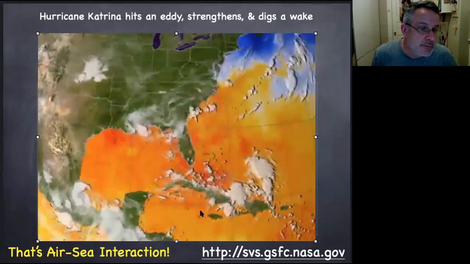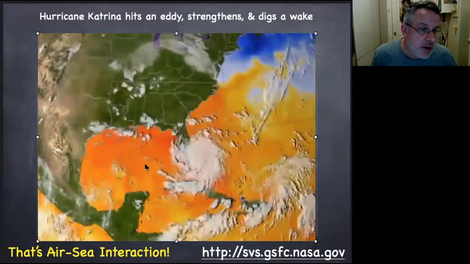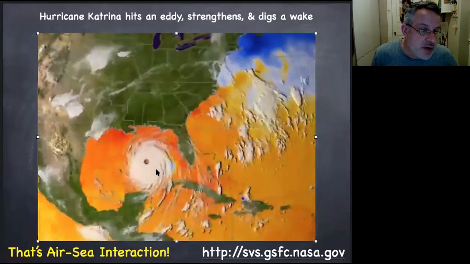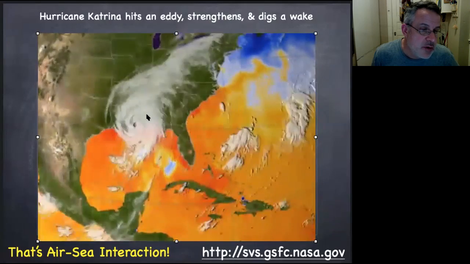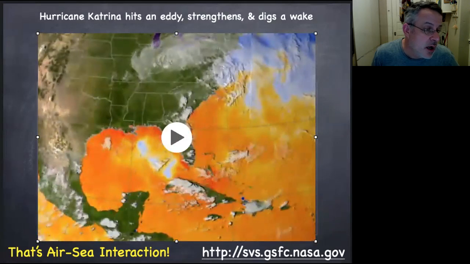So just as Hurricane Katrina passed over the Gulf of Mexico, it passed over a couple of warm loop current eddies and strengthened. That's when it turned into a Category 5 before coming ashore. It's kind of hard to see in the sea surface temperature here, but there are some eddies underneath. And so here's Hurricane Katrina forming, and it's strengthening right there as it goes over that warm water anomaly from those loop current eddies before it hits New Orleans.